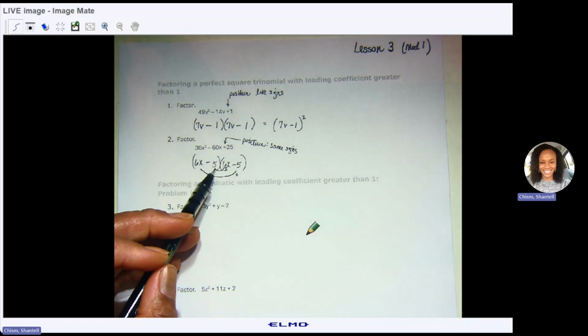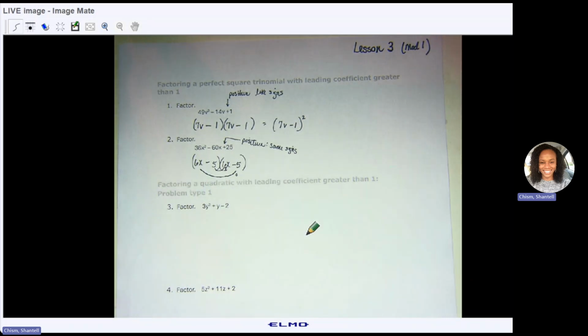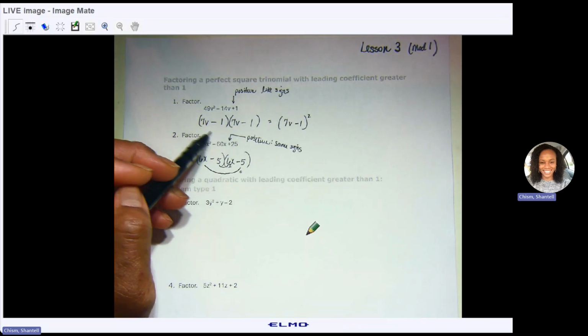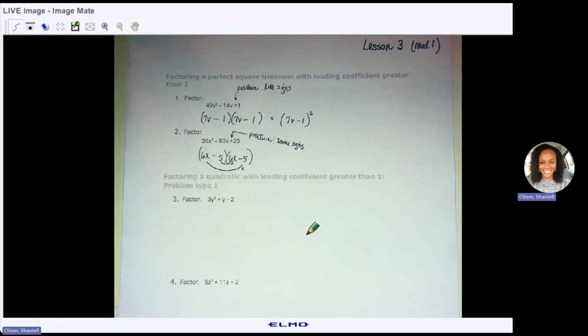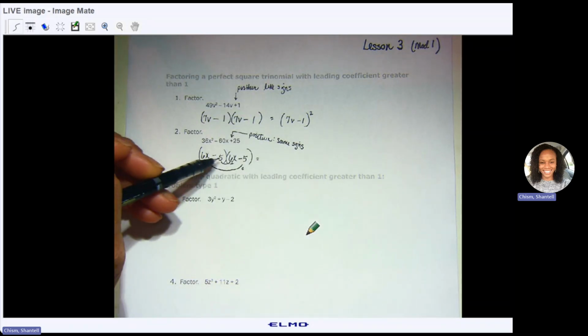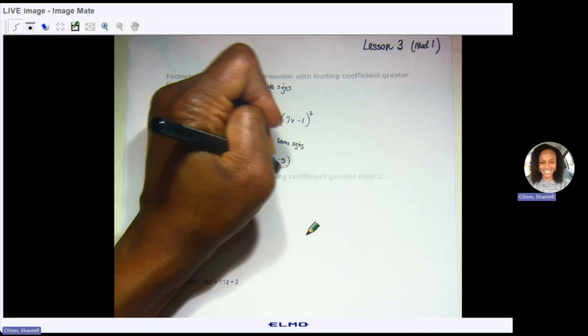And this does. You've got a negative 30x and a negative 30x. Adding those up, you get a negative 60x. Same thing here. A negative 7v and a negative 7v for the inner and outer products together give you that negative 14v. And then because you've got 6x minus 5 twice, you can just express that as 6x minus 5